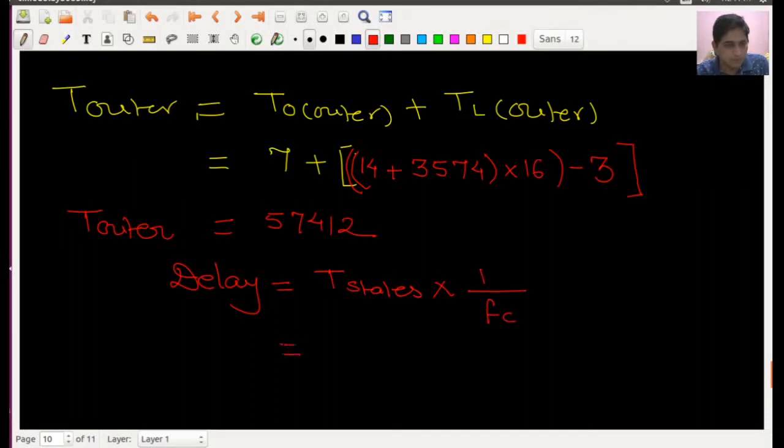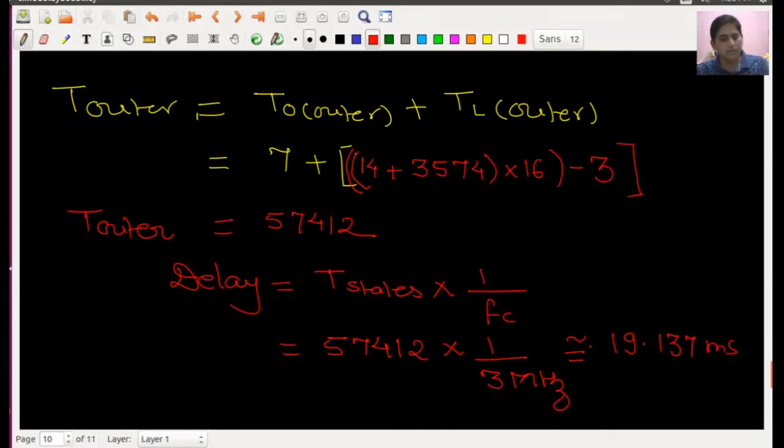So here my T states for the complete duration is 57412 into 1 upon 3 megahertz for the 8085 microprocessor. So the amount of delay that comes from this calculation is approximately 19.137 millisecond. I am putting an approximation sign. You just check whether you are getting this delay or not.